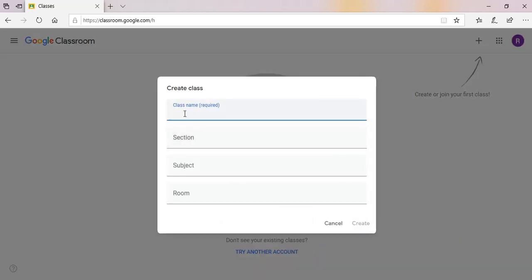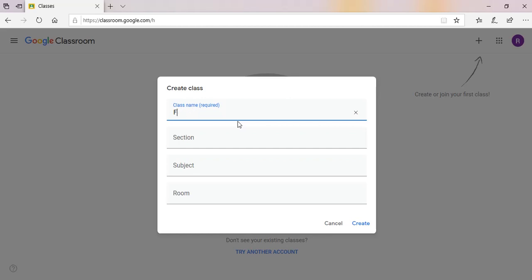Here you can write down the class name. This class name can be anything. We can also write down the subject name, but I will advise you to write down the class name and subject name. Suppose we are creating the class for 10th, then I can write down the PHY, that is the subject code, then section, then subject and room and so on. Okay, same way you can also write down, suppose, FY, BA, like that. Okay, anything.